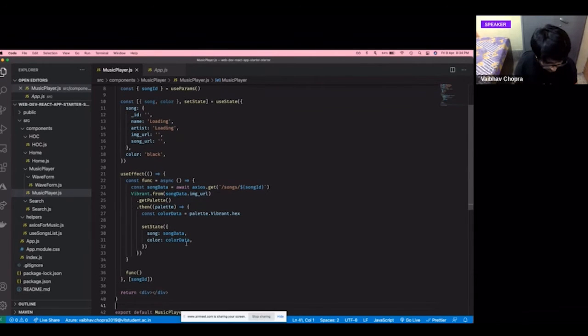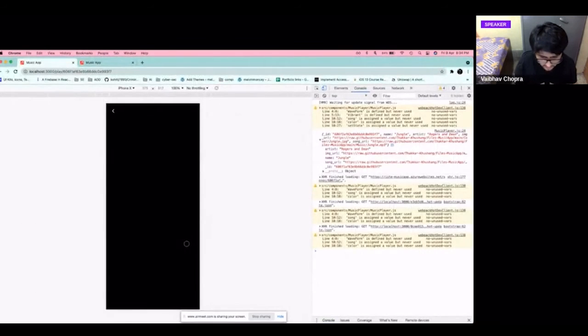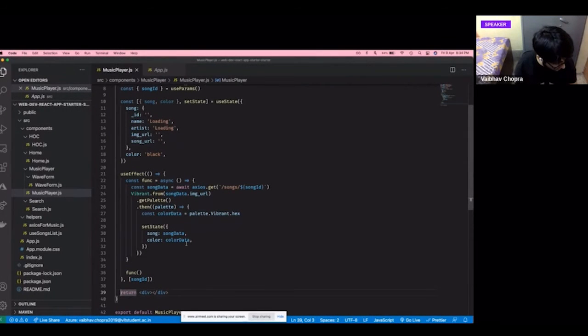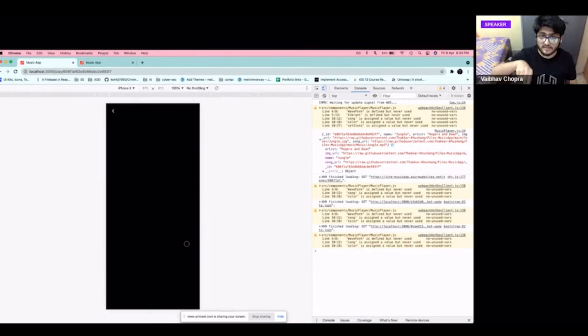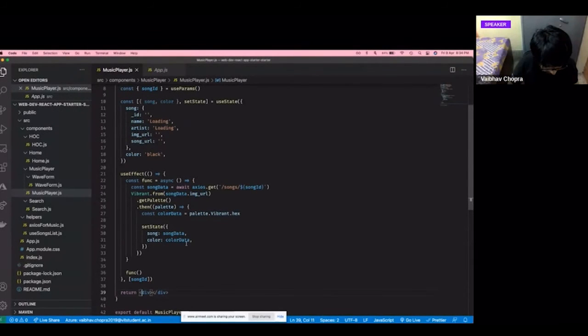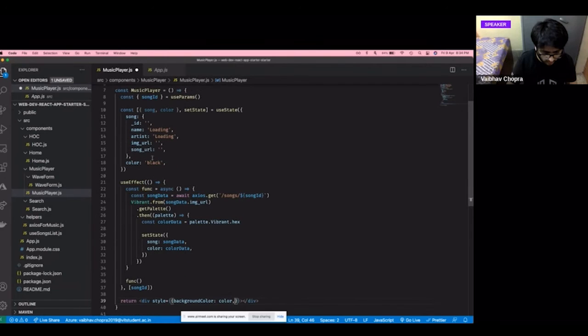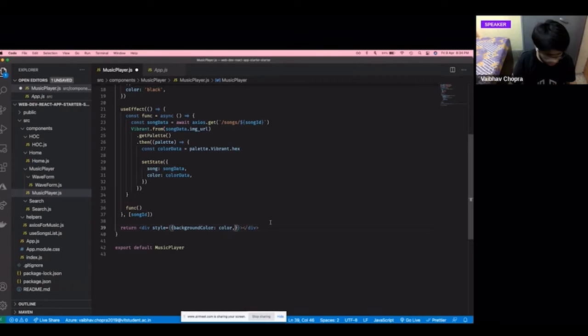Because we are not rendering anything as of now, you won't see any change, but you will definitely see a change in the next line when I write it. Just one more line. Now you'll definitely see a change, because now we will set it based on the dominant color. So we'll set this background color property to the color variable which we had in the use state variable, because it will get updated eventually. And the minimum height I'm setting to 100 viewport height so that it takes the full page.